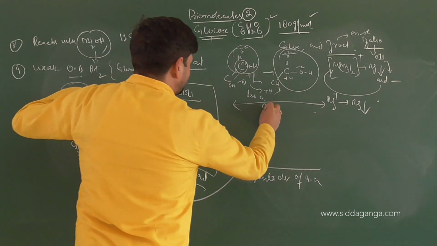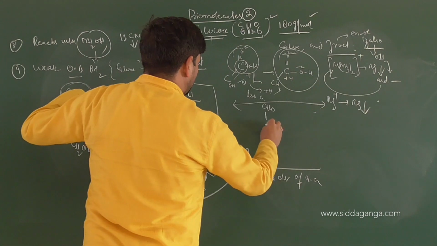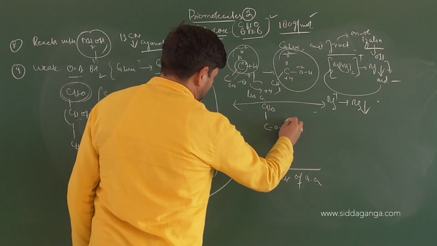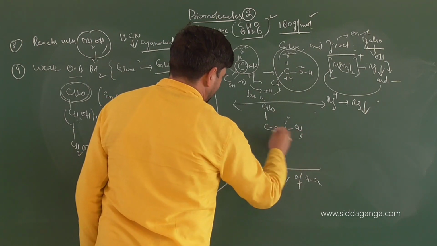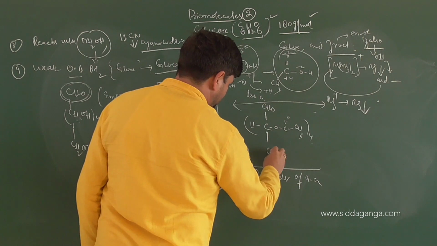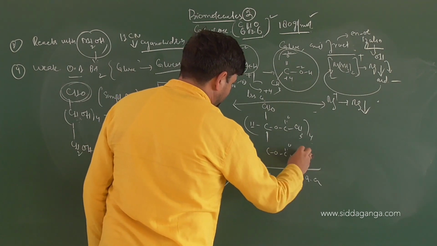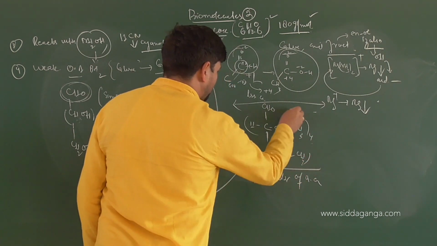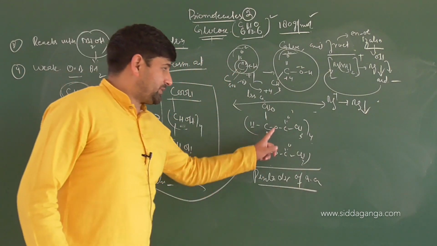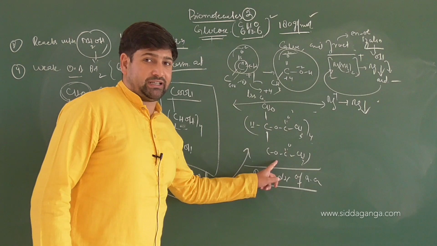It will be CHO aldehyde as such. Then you got C here. Then you have O, C double bond O, single bond CH3. Then you will have H here. How many times it will be there? 4 times. Then again here also CO, C double bond O, single bond CH3. So you are getting a penta derivative of acetic anhydride here, indicating that there is a presence of what? 5 OH groups attached to the system.